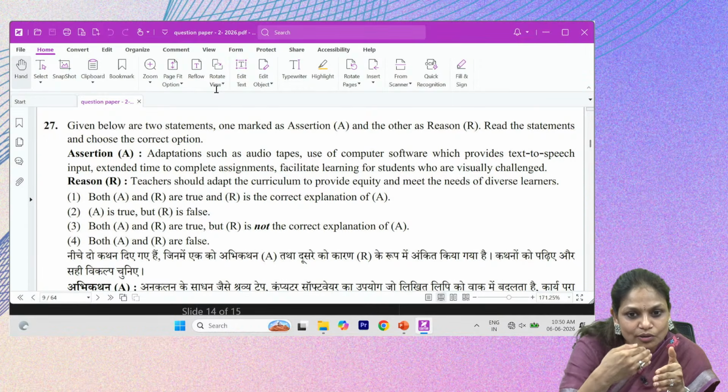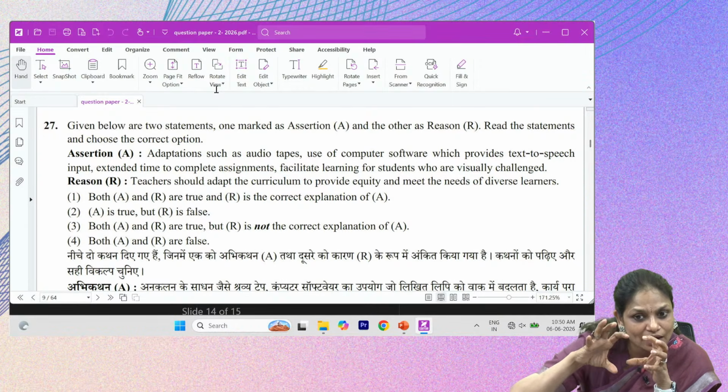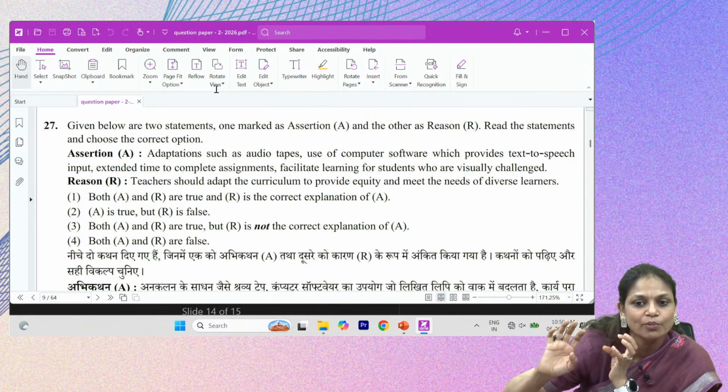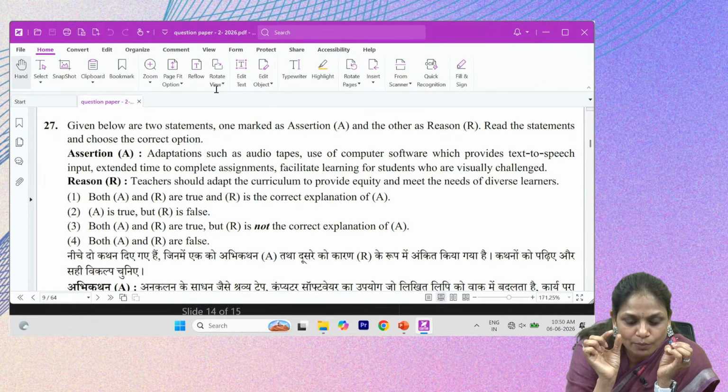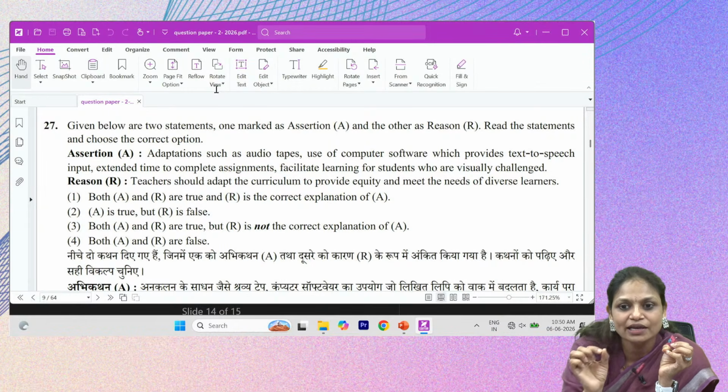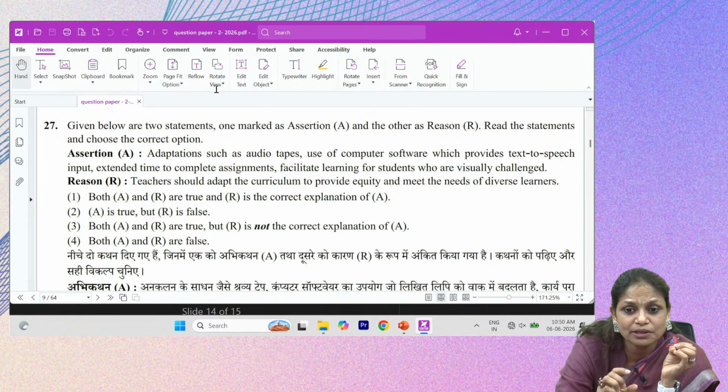क्या चाहिए कि करिकुलम को अडेप्ट करना है और हर इंडिविजुअल नीड्स के अकॉर्डिंगली आपको एजुकेशन देना है। तो इसके अंदर एक और चीज आती है, इक्विटी वर्ड। तो आपको ये भी पता होना चाहिए कि इक्विटी क्या है, इक्वालिटी क्या है, क्योंकि इक्विटी का मतलब क्या है कि हर बच्चे की नीड के अकॉर्डिंगली आप दे रहे हैं।